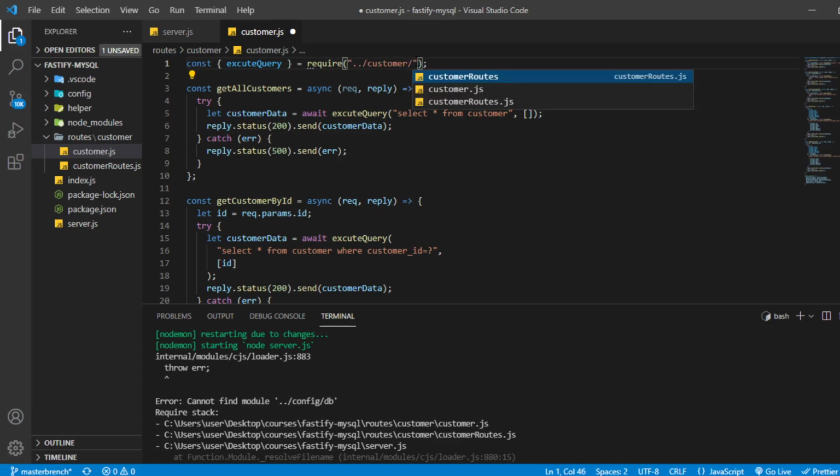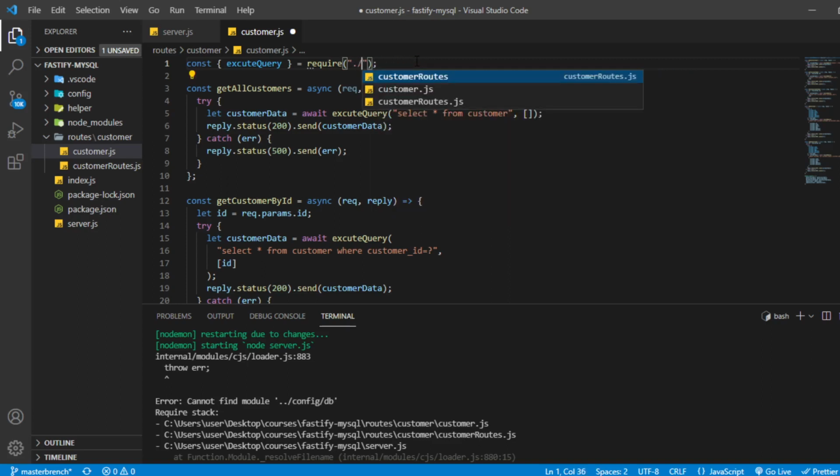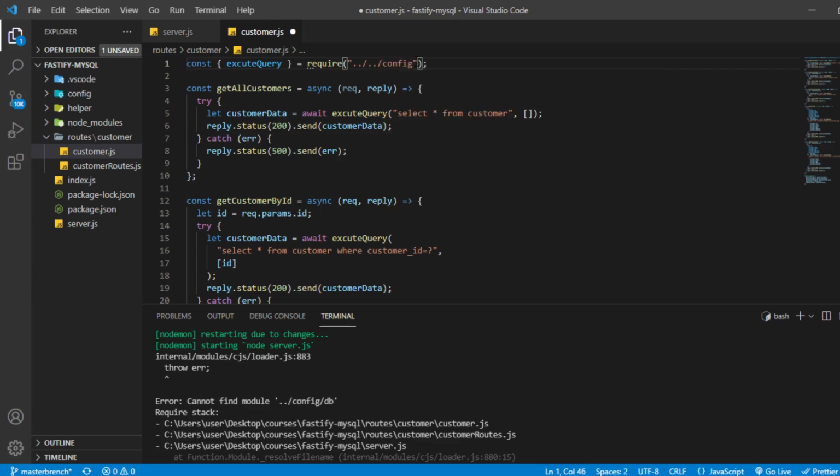First we have to come out from the routes, I think, yes, and then go in config and then db.js.